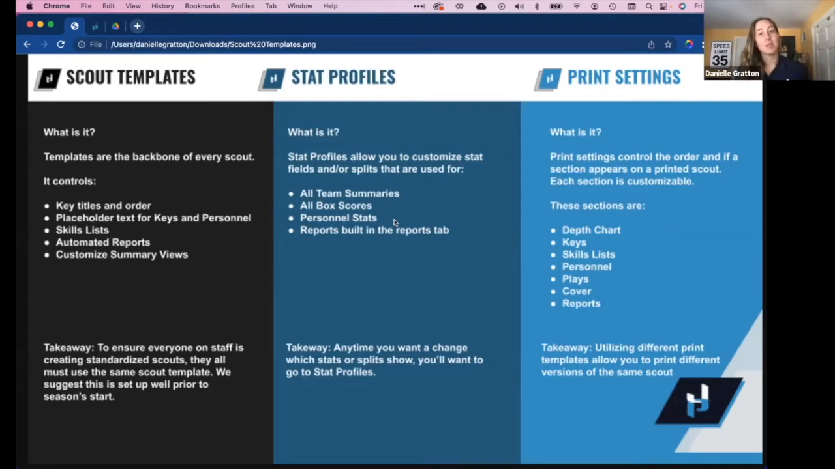So anytime you're wanting to change a stat or stat split, go to your stat profiles, you're going to be able to create or manage it there. And then very lastly, print settings. I think this is about where we're going to start as well, Gabe, but this is going to allow you to dictate the order of